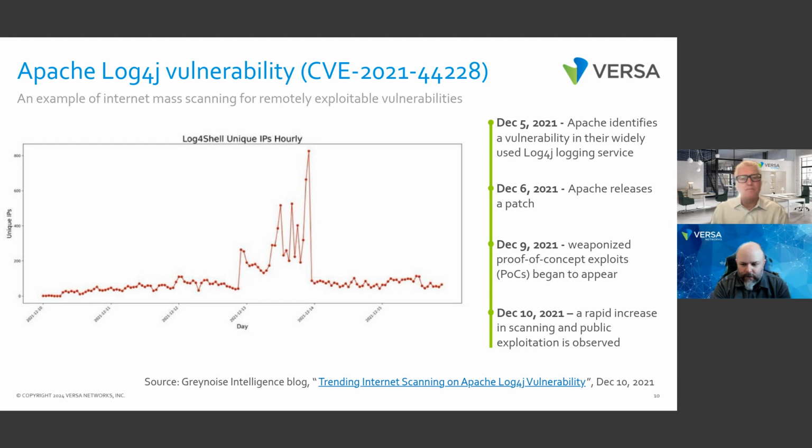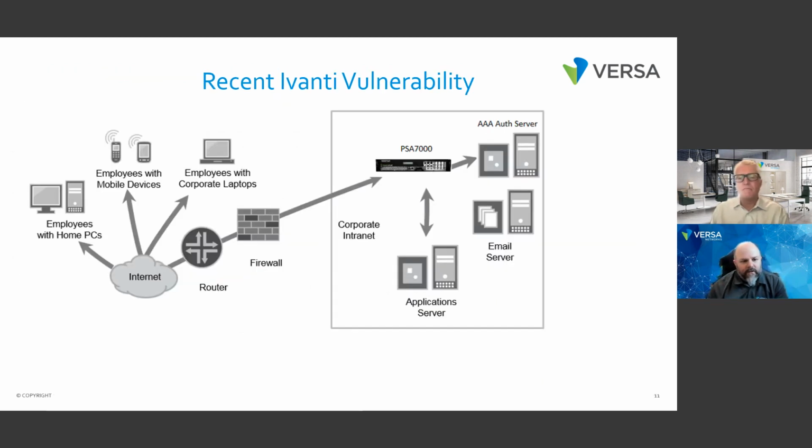Thanks, Dan. Really appreciate that. So first off, guys, one of the things I want to talk about is the recent Ivanti vulnerability. It's not necessarily just trying to point out Ivanti, but to show a trend, right? These vulnerabilities are being targeted at on-prem security equipment. And so this gets a little bit into why SASE, right? Because SASE is cloud delivered. When it comes down to security, it's part of that SSE environment, and so forth. So as we see more and more of this happening in the wild,